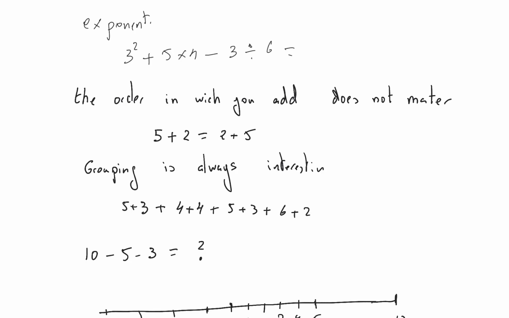Exponentiation comes first. So you see the numbers, the equation, and you say the order in which I have to do these operations is first the exponentiation. 3 raised to the power 2 is 3 multiplied by 3. So this is 9. After the exponentiation, it comes